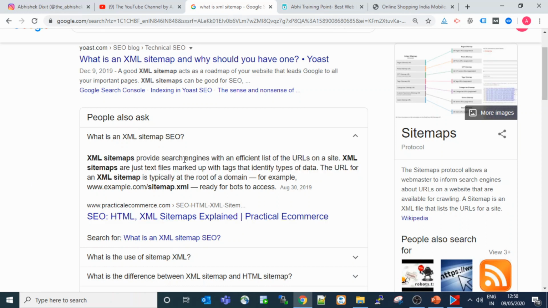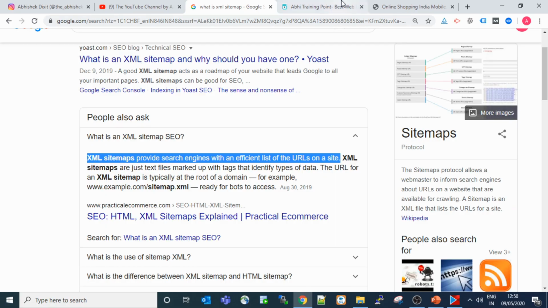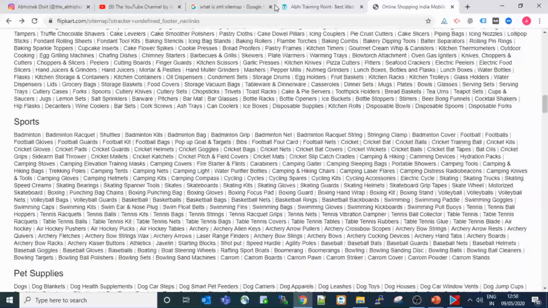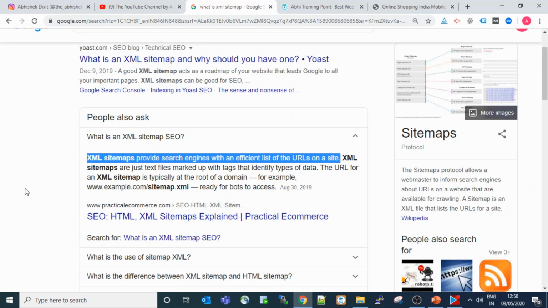An XML sitemap provides search engines with an efficient list of URLs on a website. Just as the HTML sitemap of Flipkart is for users, this XML sitemap is for search engines. These are just text files, and they cover all the URLs that are available in your website.